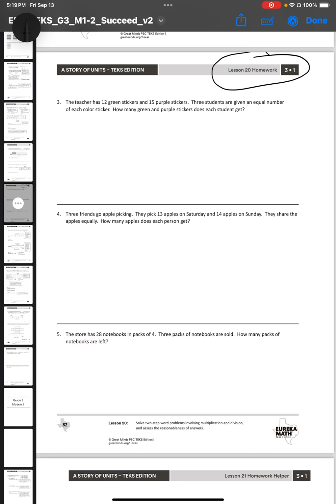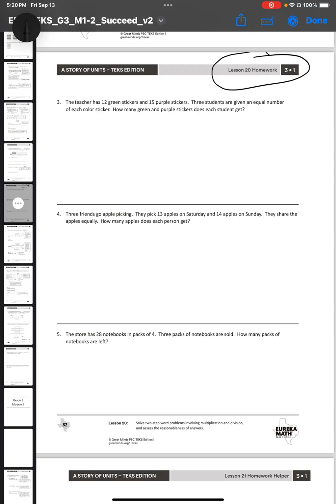Lesson 20 is where we're really getting into two-step word problems that involve multiplication and division, and we're trying to assess the answers that we get for are they reasonable or not. Two-step word problems take a lot of work. They're a little bit overwhelming, but if we take one chunk at a time, it becomes